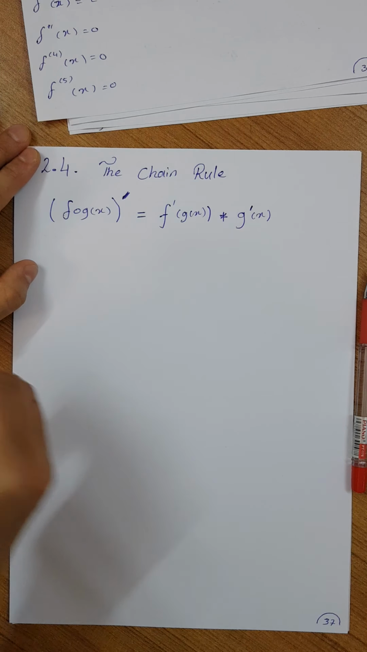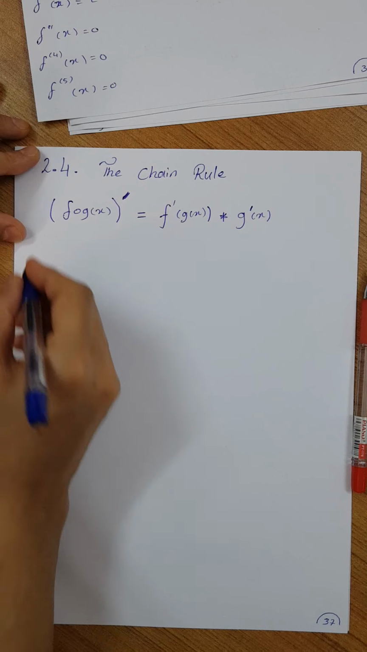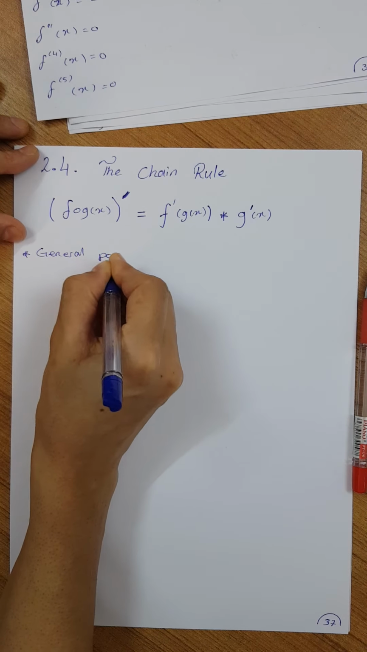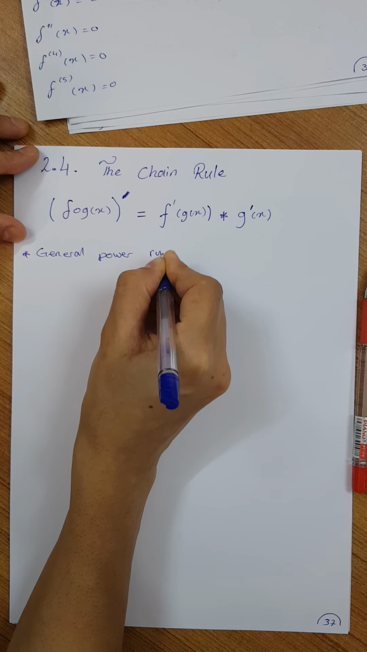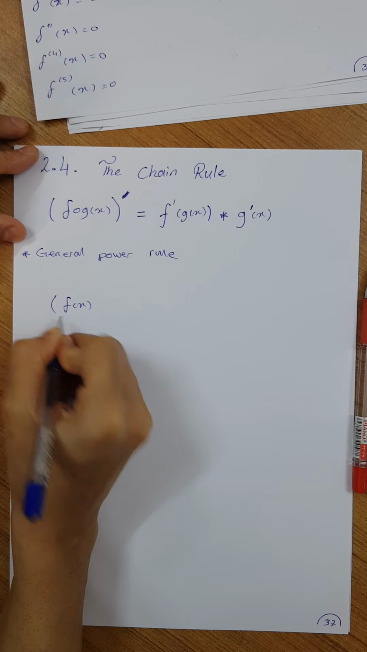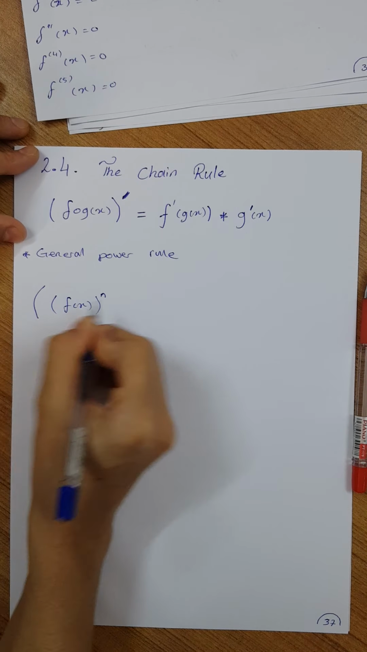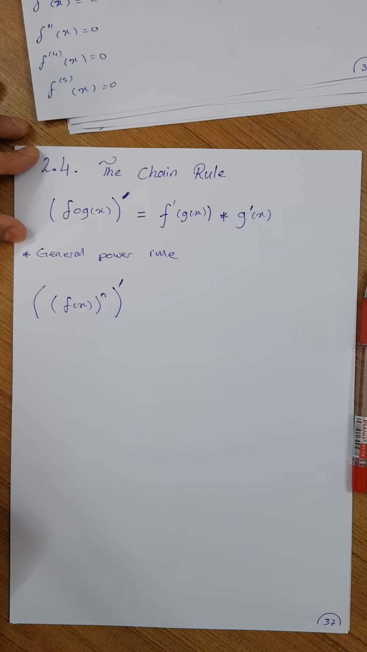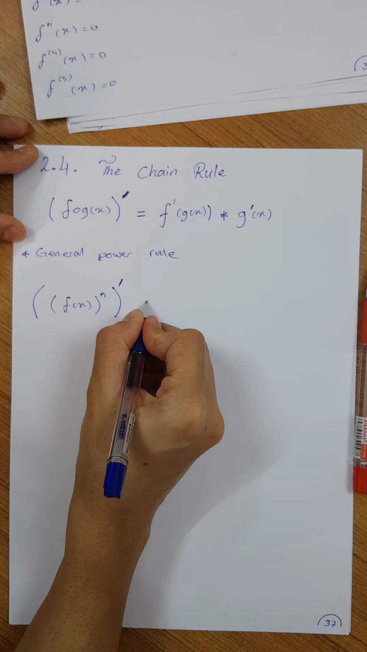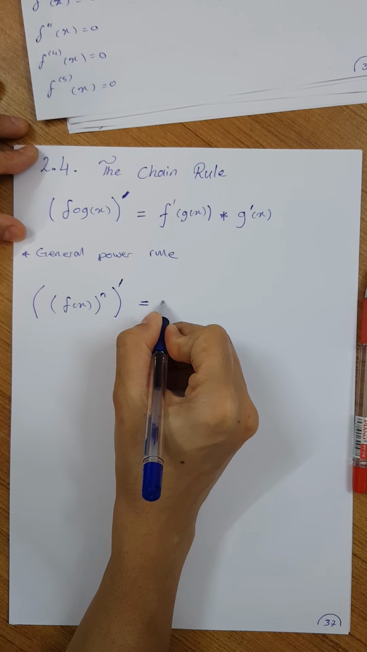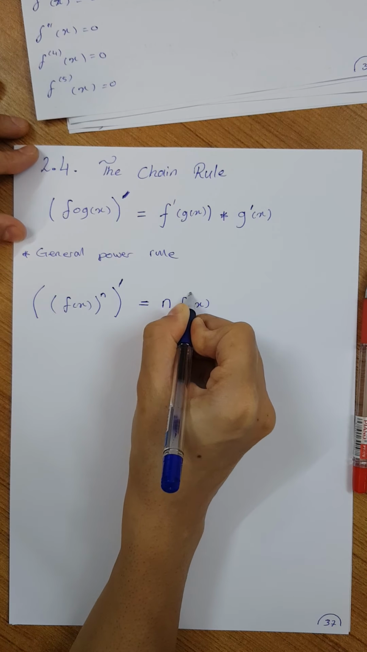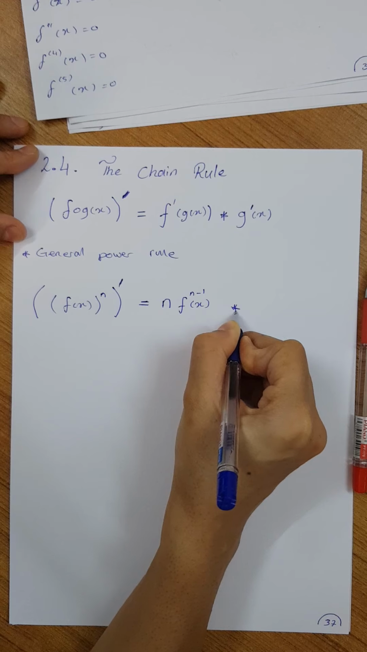In general, if you have the general power rule, let me write it, general power rule, that is mostly what you're using. If you have f of x to the power of n, and I want to take the derivative of this one, okay, I have a function to the power of n, and I want to take its derivative. How can I take that derivative? It would equal n multiplied by f of x to the power of n minus 1